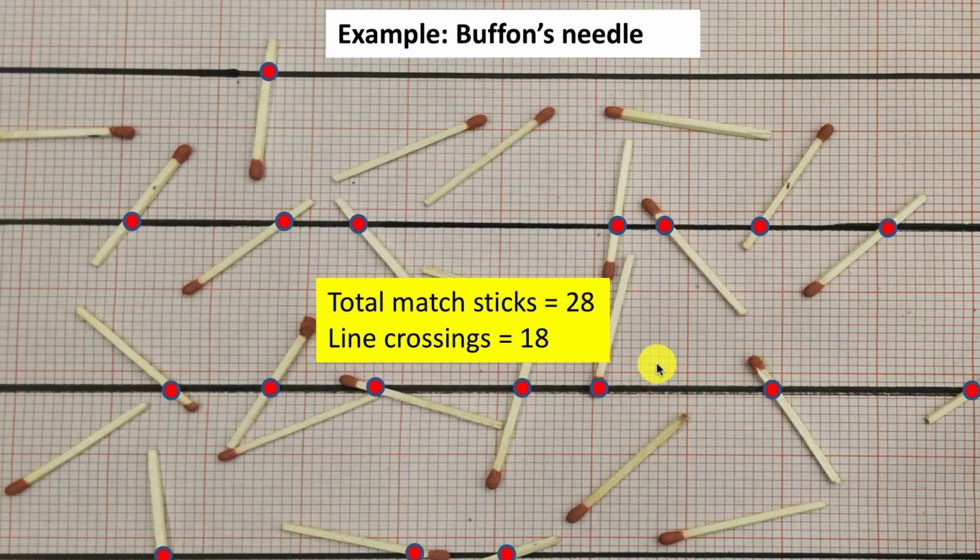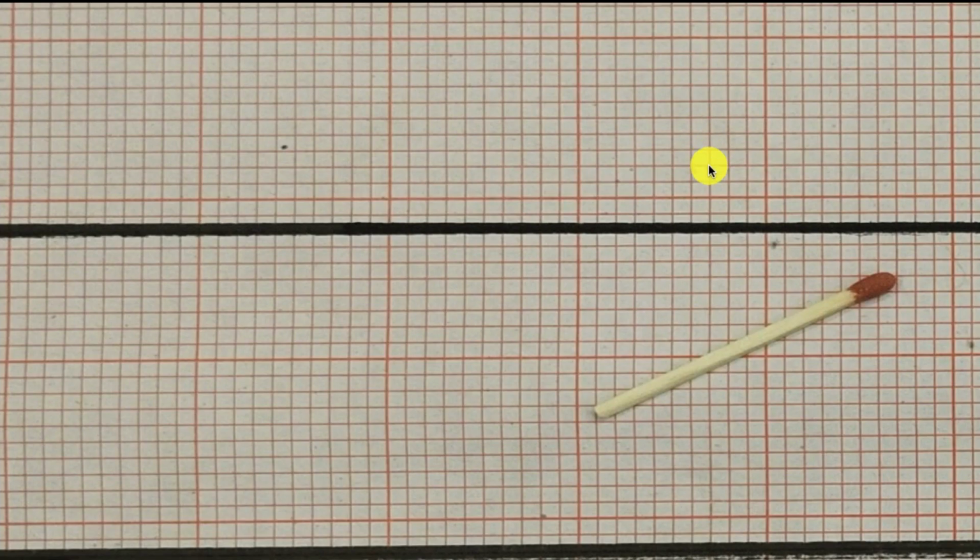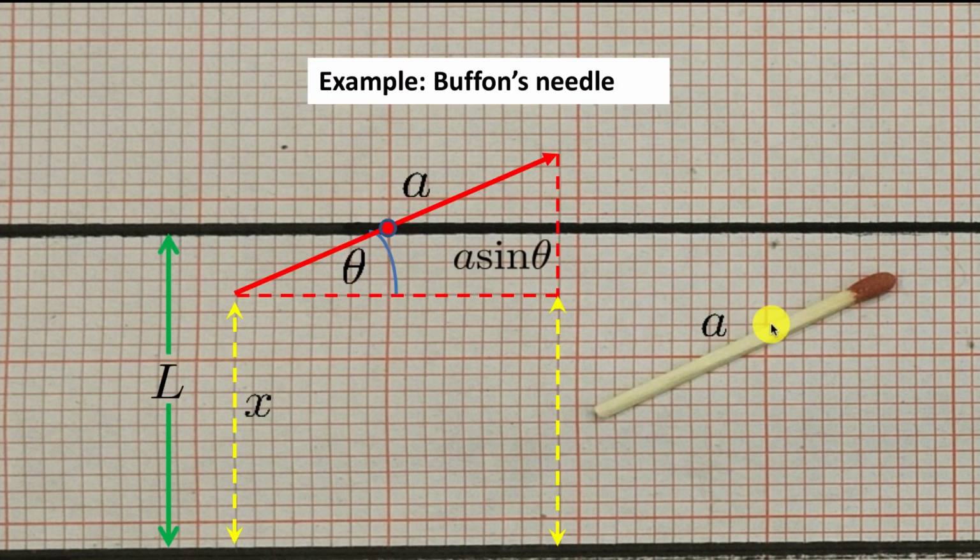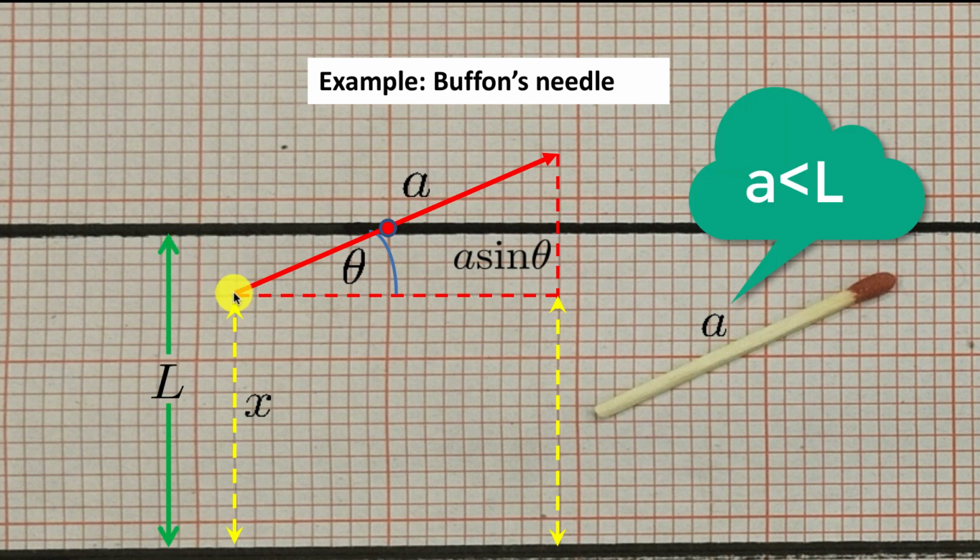So here is a matchstick that did not cross the line. However, here is another matchstick that did cross the line over here. We're going to call the distance from this end of the matchstick to this lower line here, x. The distance between the lines is capital L, and the size of the matchstick, its length, is a, like over here. We will call this angle over here theta,